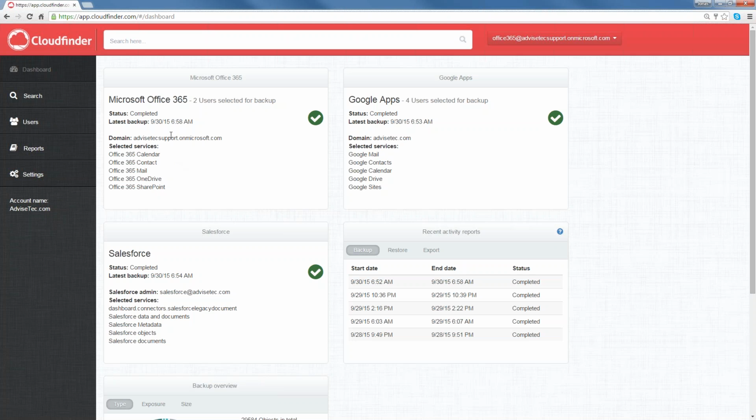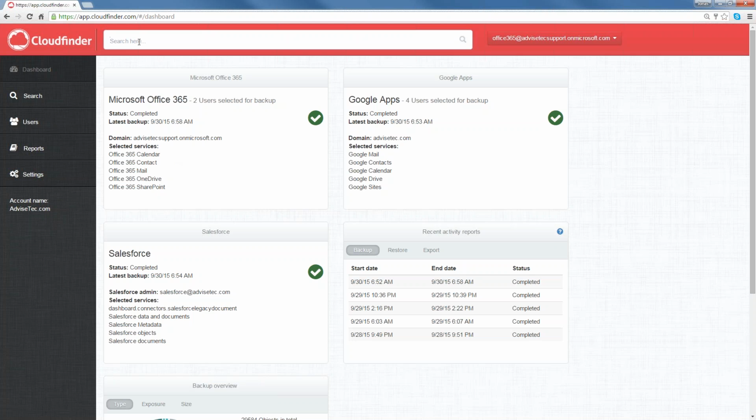As you can see, or as you have seen throughout this Cloud Finder interface, there's always the search boxes available. So at any time, you can just jump right to any query. Remember, this is full text search. We're the only solution that indexes the data. So in a moment, when I search for a term, you're going to see that the results come back very